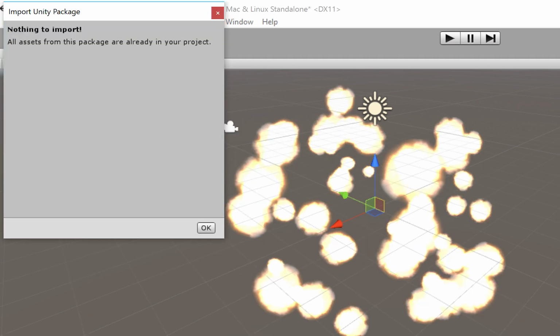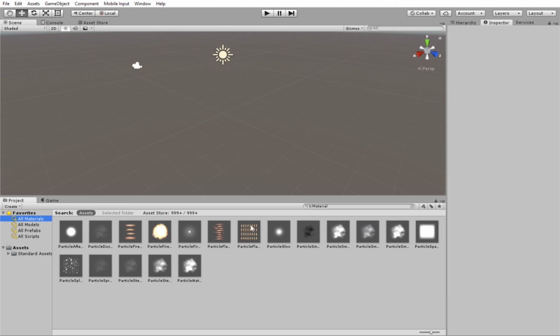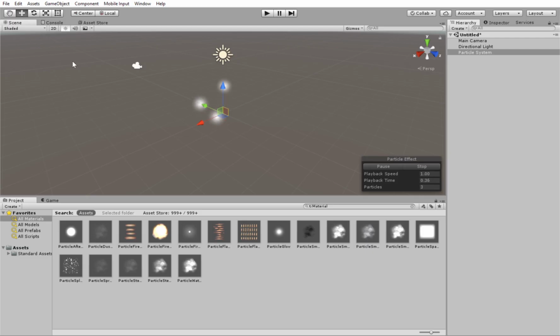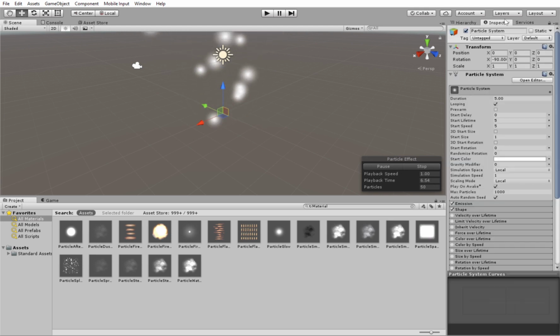I've already loaded them all in here, but you'll just have to click Import and you'll get access to all of them. So to start things off, we'll need to go to Game Object, Create General, Particle System. You'll notice that we have a simple particle effect now. It looks like a bunch of snowflakes or maybe gleams of light, and we want to turn this into an